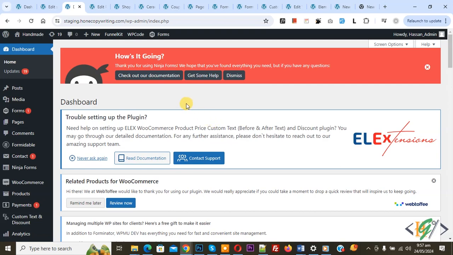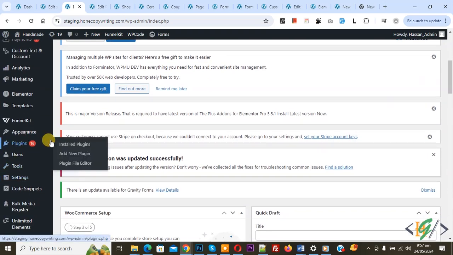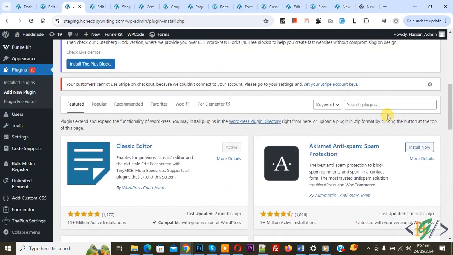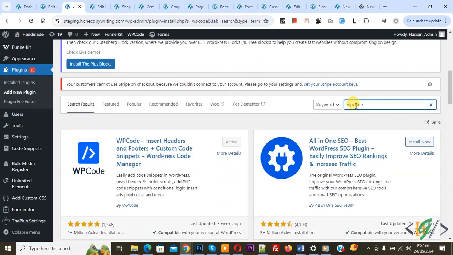So we are in WordPress dashboard. On left side you see plugin, so click on add new plugin. Then in search plugin write WP code. So this is plugin WP code, Insert header and footer we will use. So you will install this plugin and activate it, and after activation on left side you see code snippet and